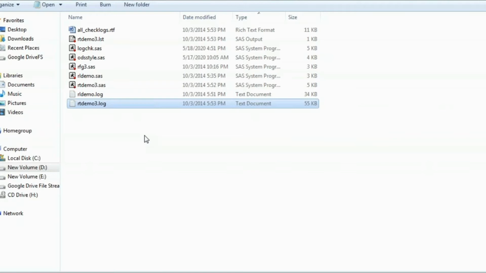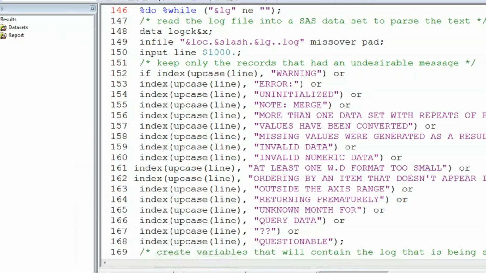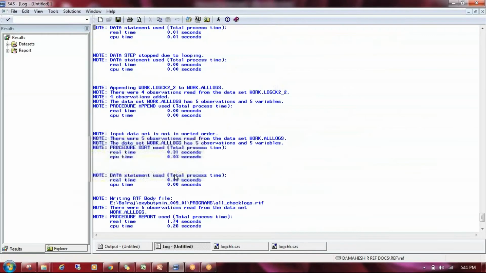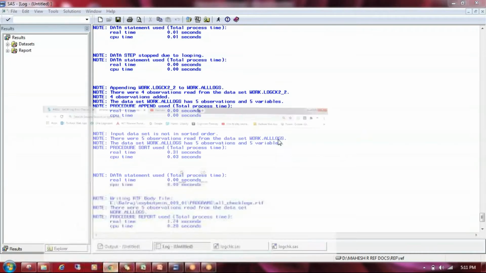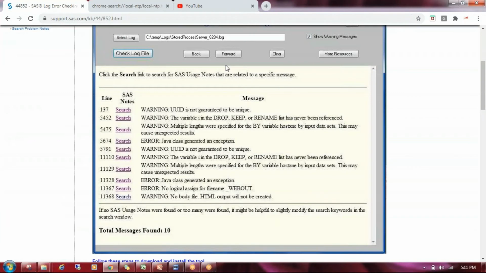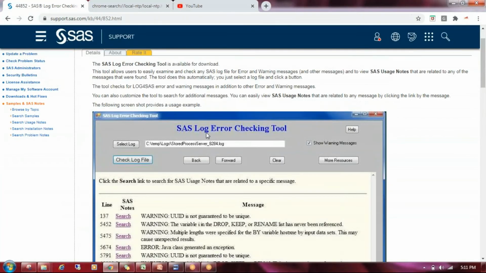There are two to three methods to check this log file. The first method is to just open the program, run the program, and check the log window. If any errors or warnings are there, you can check here. The second method is that we have one tool available. The tool is here, you can see the SAS log error checking tool.